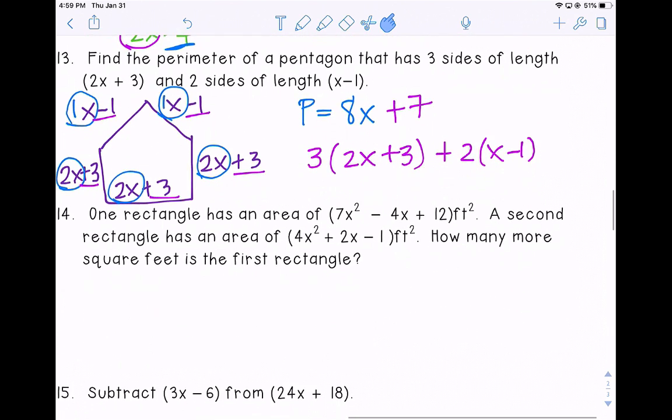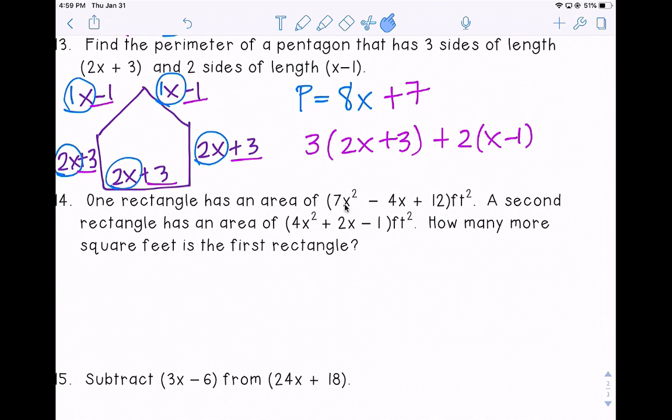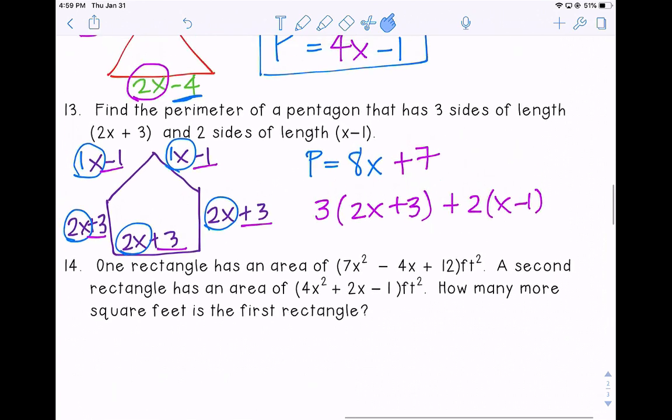Okay, number 14, one rectangle has an area of this expression right here. Second rectangle has an area of this. How many more square feet is the first rectangle? So how many more, you should have learned in elementary school, that means to subtract. So we're going to take the first rectangle's area minus the second rectangle's area. So if I were writing that out as an expression,